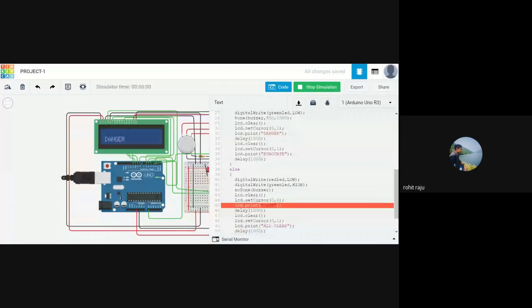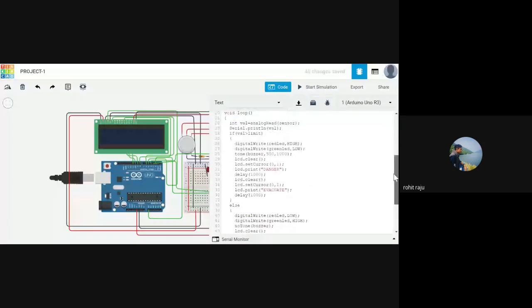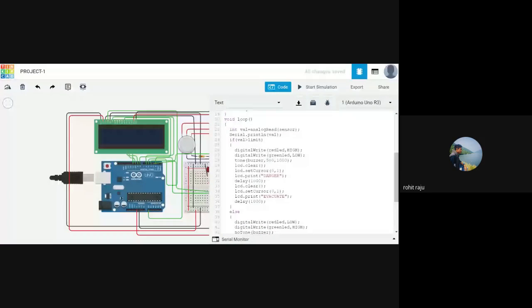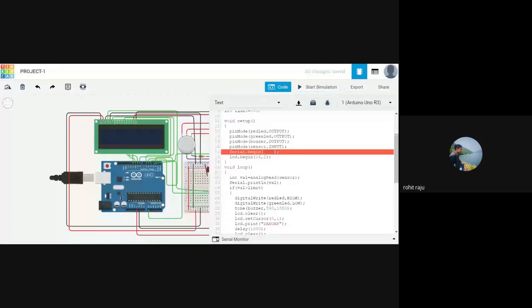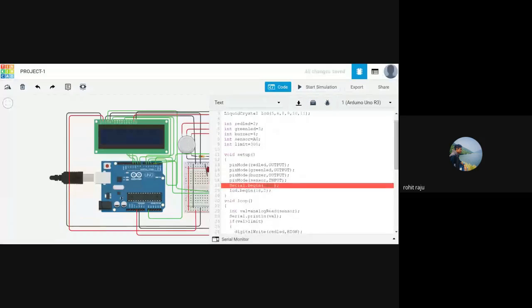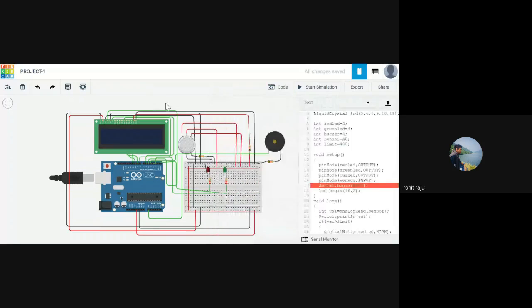Yeah, I think there's a problem. See, it says immediately danger because we have set this value to 300. You can change it actually to 400 so that immediately it may not give any error. And also you can decrease this resistance.